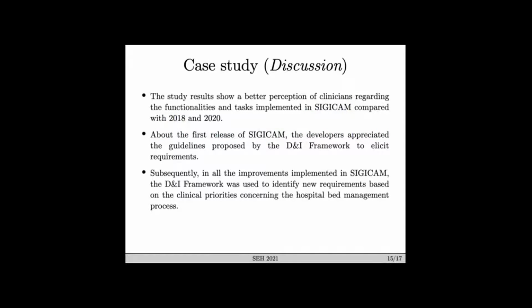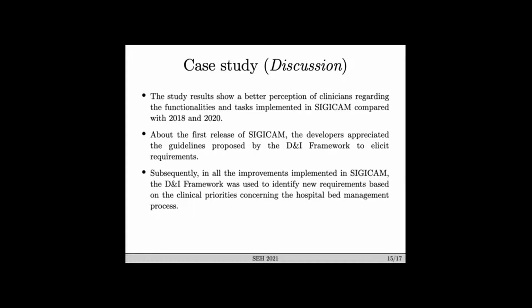So according to the results described in the previous slide, the overall average of the survey carried out in 2018 was 2.91, and the survey carried out in 2020 was 3.25. In addition, we realized that there is a significant difference in the responses of the questionnaires. So the study results show a better perception of clinicians regarding the functionalities and tags implemented in CGCAM when comparing these 2 years. About the first release of the system, the developers appreciated the guidelines proposed by the GI framework